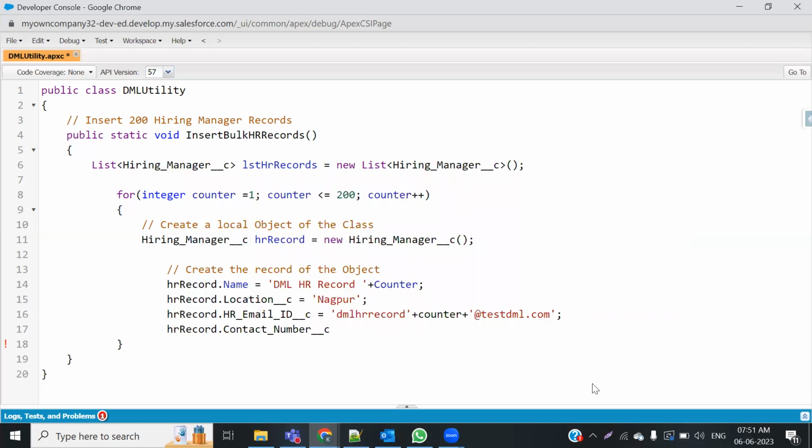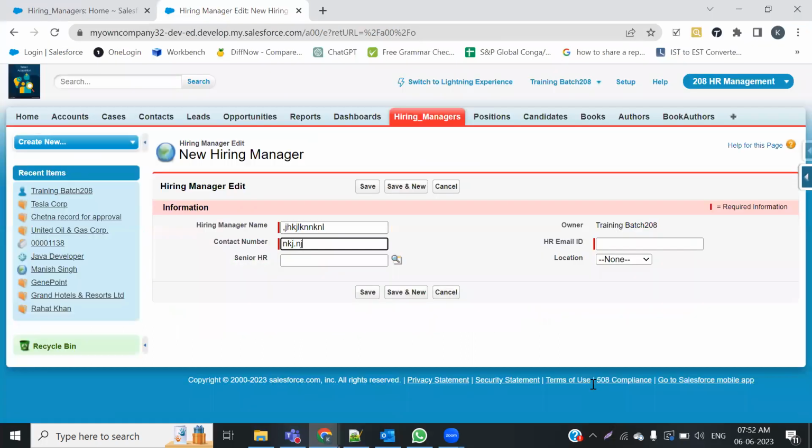We have contact number as well. So let me give the contact number. This is going to be the same for all 200 records. 7766889900. All right. So once this has been done, if I go back, I'll see hiring manager has name, contact number, and add ID. These three of them